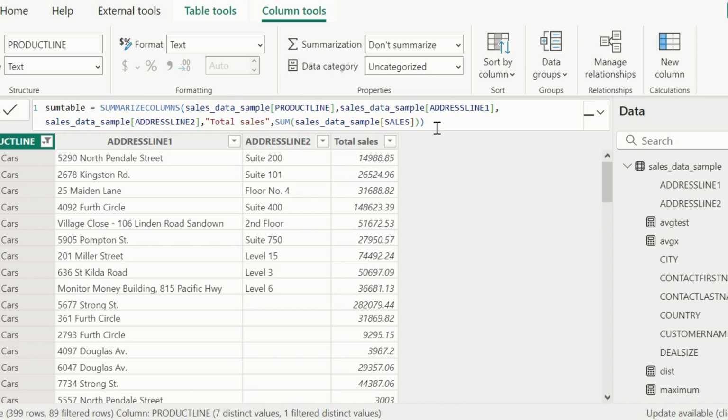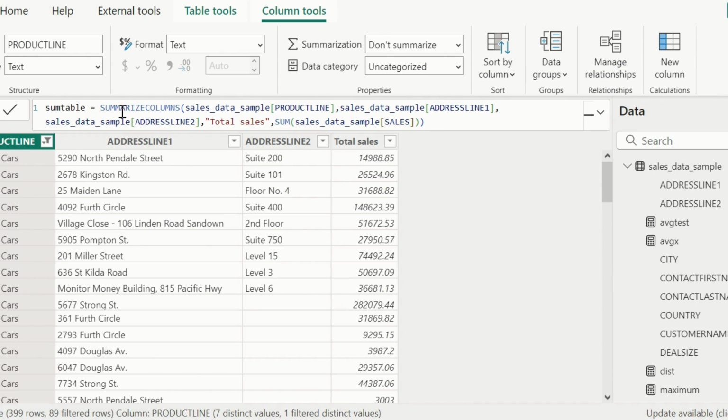You must be wondering what the difference is between SUMMARIZE and SUMMARIZECOLUMNS, because SUMMARIZE does the same thing, and SUMMARIZECOLUMNS is also doing the same thing. So I will give you a gist: SUMMARIZECOLUMNS allows you to enable filters within the syntax itself, whereas we have to explicitly enter the filters in SUMMARIZE. So that is the main difference. And when we create a SUMMARIZE, we have to add CALCULATETABLE or some other context function. SUMMARIZECOLUMNS does not need that.